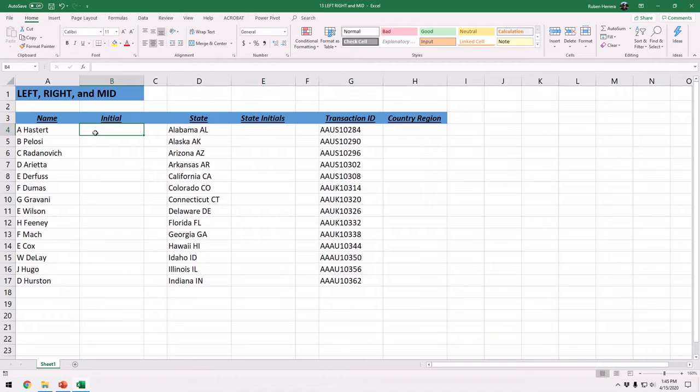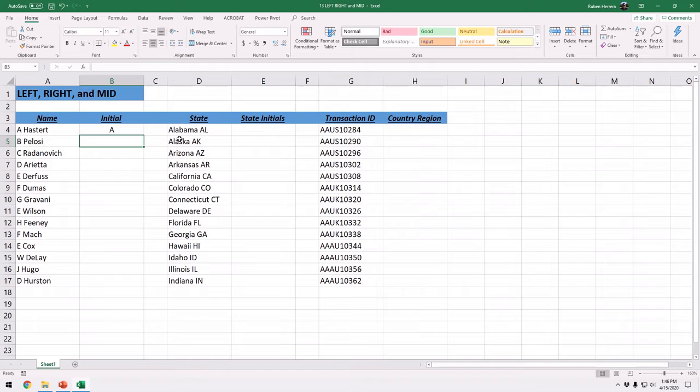So what I'm going to do is use the LEFT function. I'm going to type equals and then LEFT. There you go. The LEFT function has only two arguments. The first argument is the text I want to extract characters from the left of, and this is going to be this right here, comma. The second argument is how many characters I want to extract starting from the left. So the goal is to extract only the first letter initial, so I'm going to type 1 right there. And that's it. That's all I need. I'm going to close my parentheses,